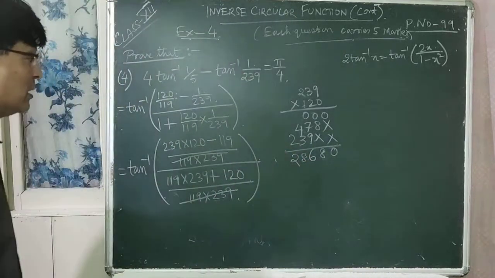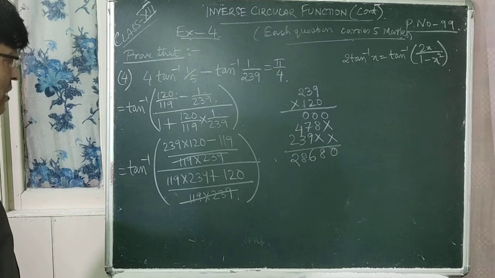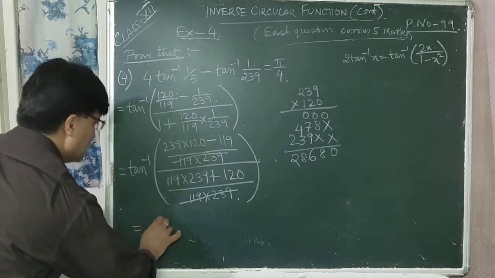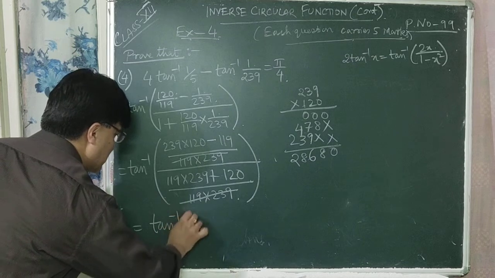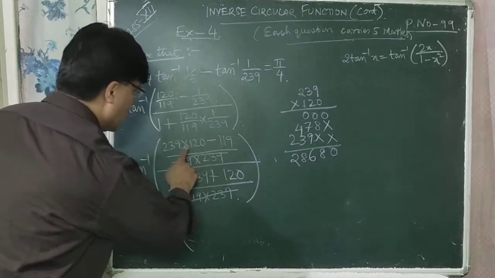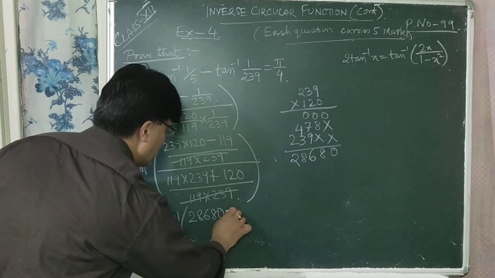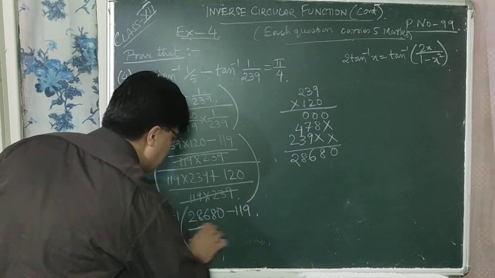How much is it? Now 28680, right? So this is tan inverse, how much is that? 28680 minus 119 divided by,